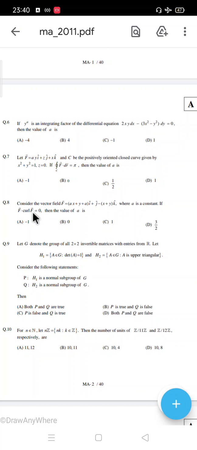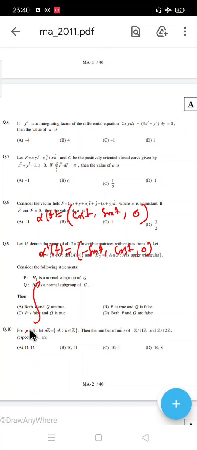So what is the parameterization first? The parameterization will be alpha of t, let us say, cos t, sin t and 0. Correct? Perfect. What is alpha dash of t? Alpha dash of t will be minus sin t, cos t, 0. This is alpha dash of t. So what is the integration? T is from 0 to 2 pi, f of alpha t. So it will be e sin t comma 0 comma cos t.